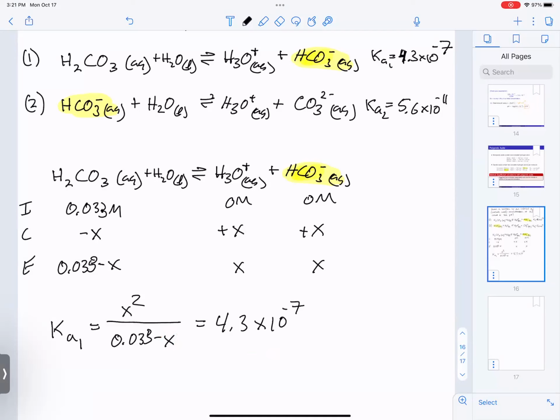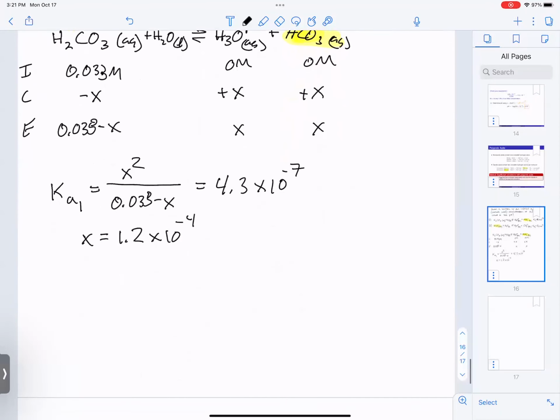So we can set up, using our standard assumptions. I encourage you to double check my work here, but using the standard assumptions, you should find a value of X that's on the order of 1.2 times 10 to the minus 4. Okay, so what that means is that at equilibrium,